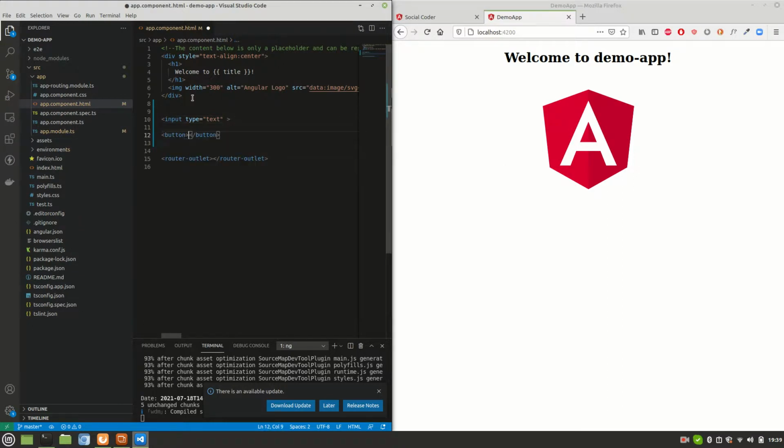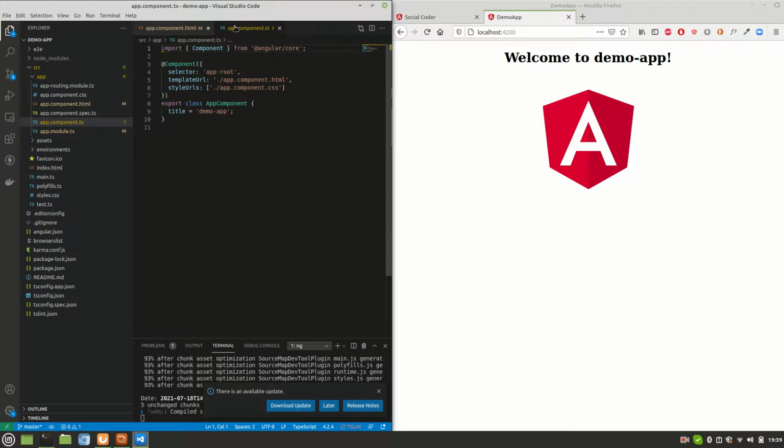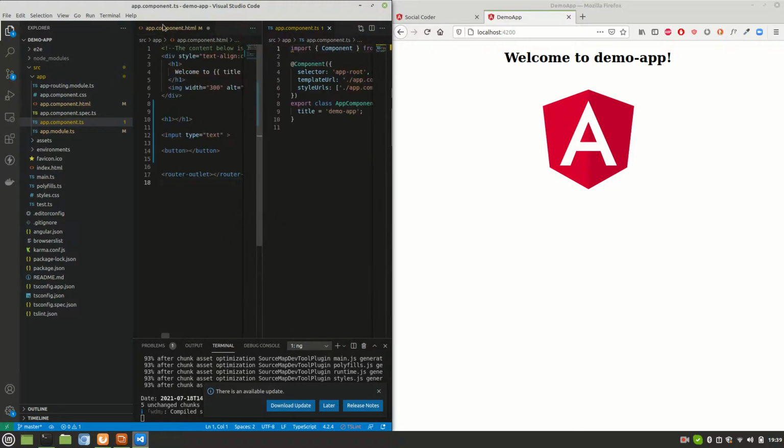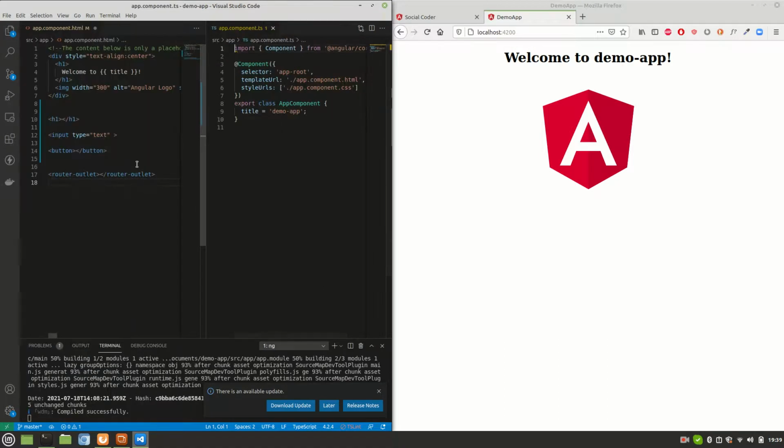Then I need one button, and on top of it I need one heading also. I'll go to the corresponding TS file also, just split it to the right, and full screen. Let's save the code.